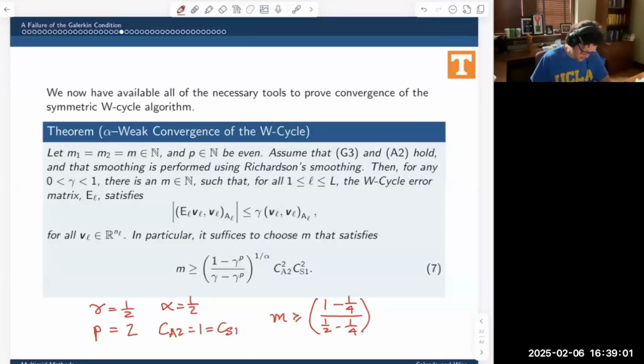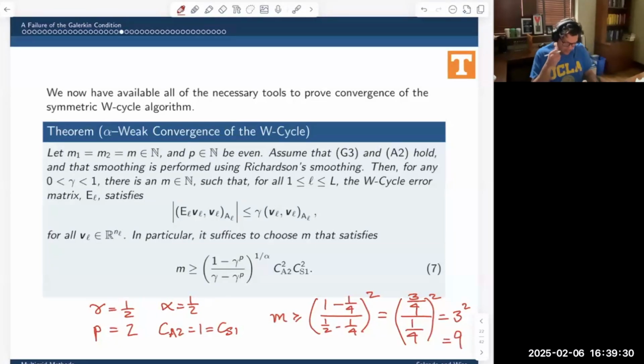What do we have for our exponent? We have 1 over alpha, which is 1/2, so that's going to be squared. So this works out to be 3 over 4 over 1 over 4, squared. So that's equal to 3 over 1 squared, which is equal to 9. So this tells us that we've got to be bigger than or equal to 9